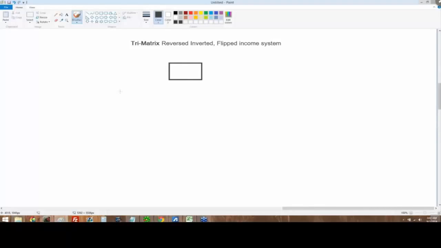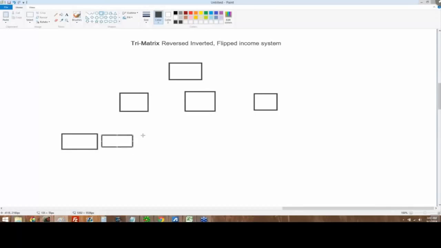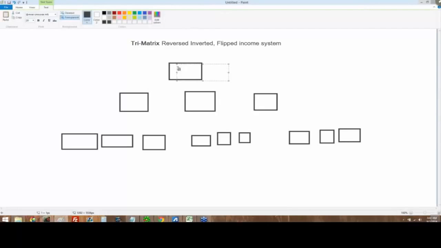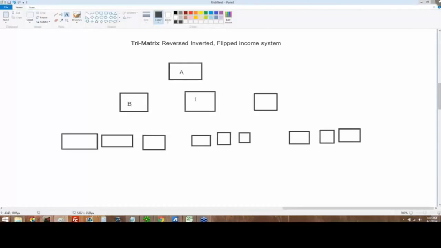In Options Domination, the structure is set up like this. It's a forced 3 by 3 matrix. That means that the whole company structure is like this. And here's how that plays out. Let's say this is a person named A, and this kind, gentle person named A refers a person named B. That's where B goes. Then B refers C.